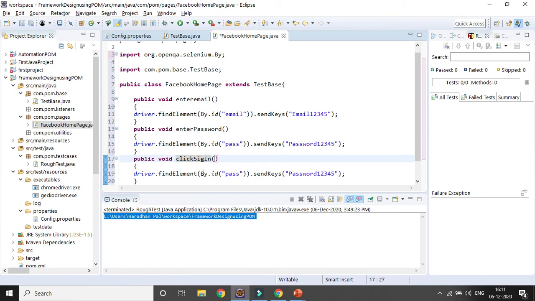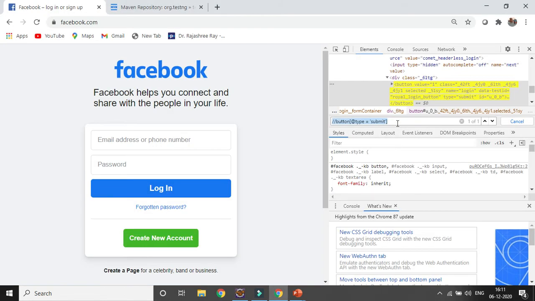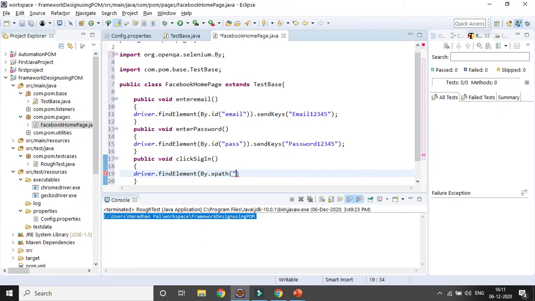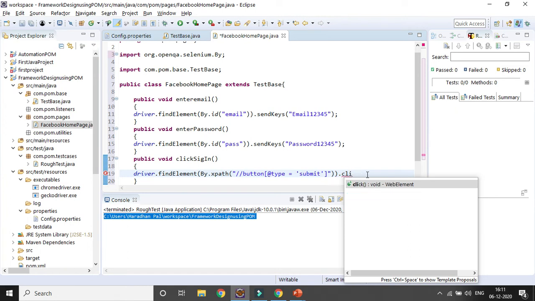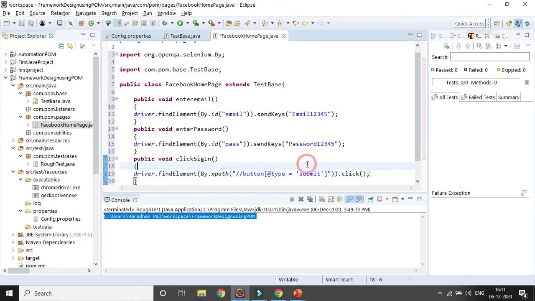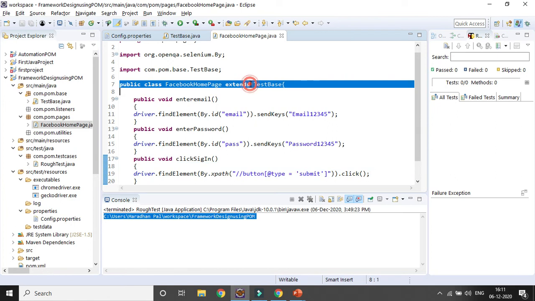Here I will be identifying it with driver.findElement(By.xpath, and the XPath I will give is whatever XPath I have created. I need to close with another bracket, then add .click(), so I will be performing the click operation. So this is the simple method I have created in the page class.